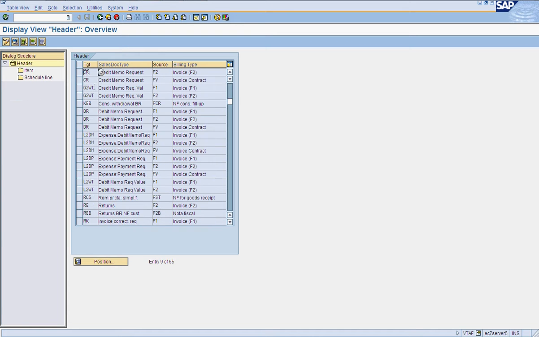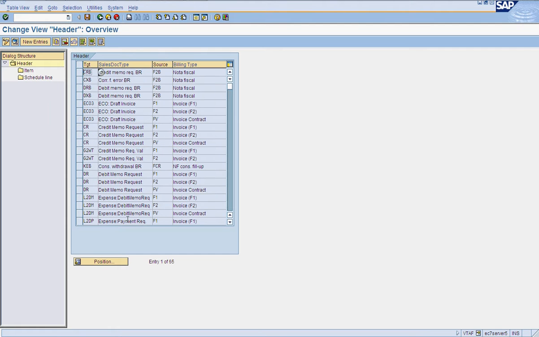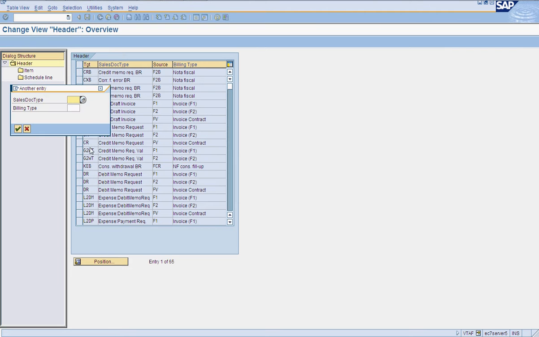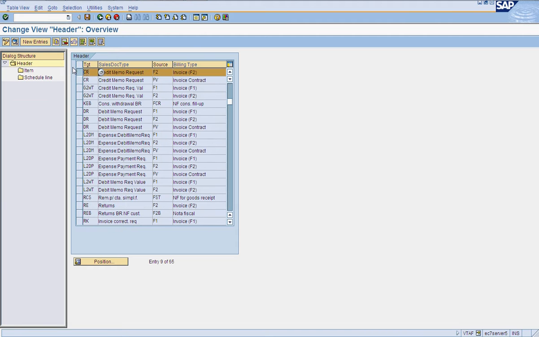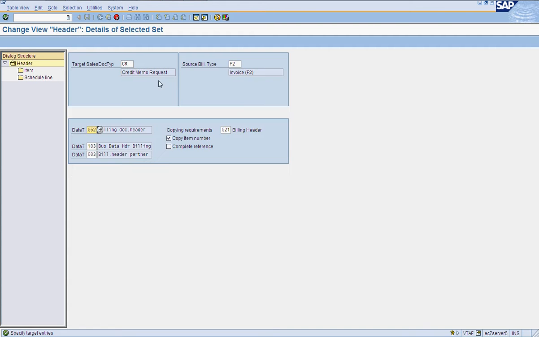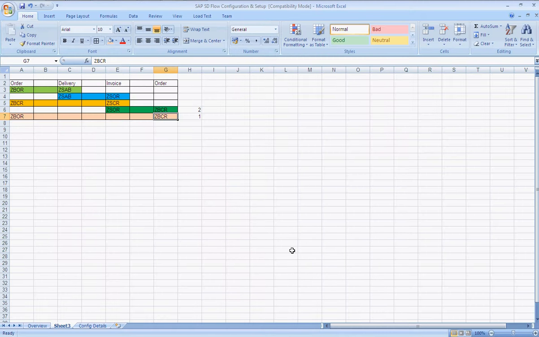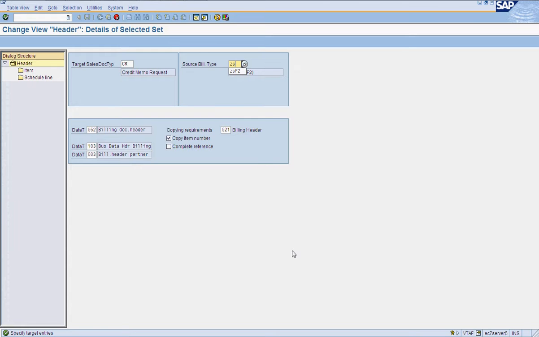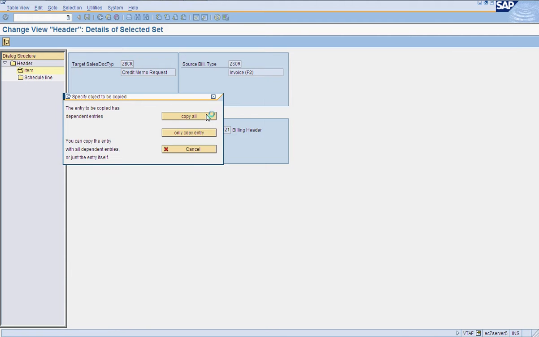This is our reference, and we will be copying it for our invoice type ZSOR and our ZBOR. Copy all.